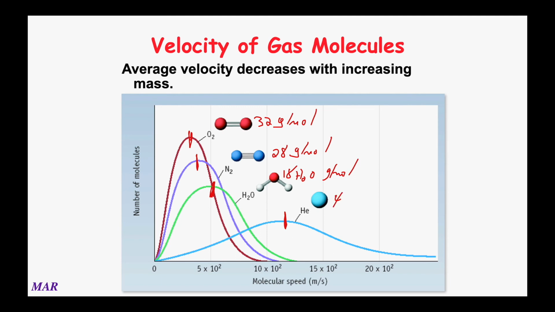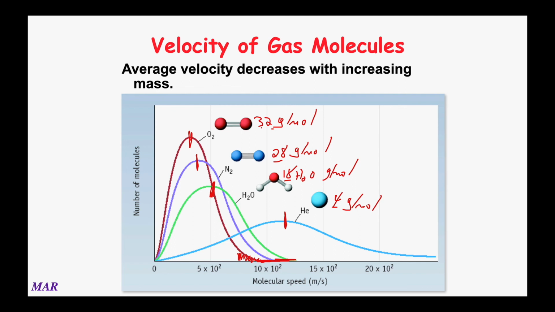And then helium, about 4 grams per mole. So 32 to 28 to 18 to 4, and the speeds are getting larger. That's how you can see that the average speed is increasing as the molar mass is decreasing. Or if you go the opposite direction from helium to oxygen, as molar mass gets bigger, the average speed gets smaller. But do realize that even heavy oxygen here has some pretty good Fast and Furious molecules. They can probably get at least close to the average speed of light helium.